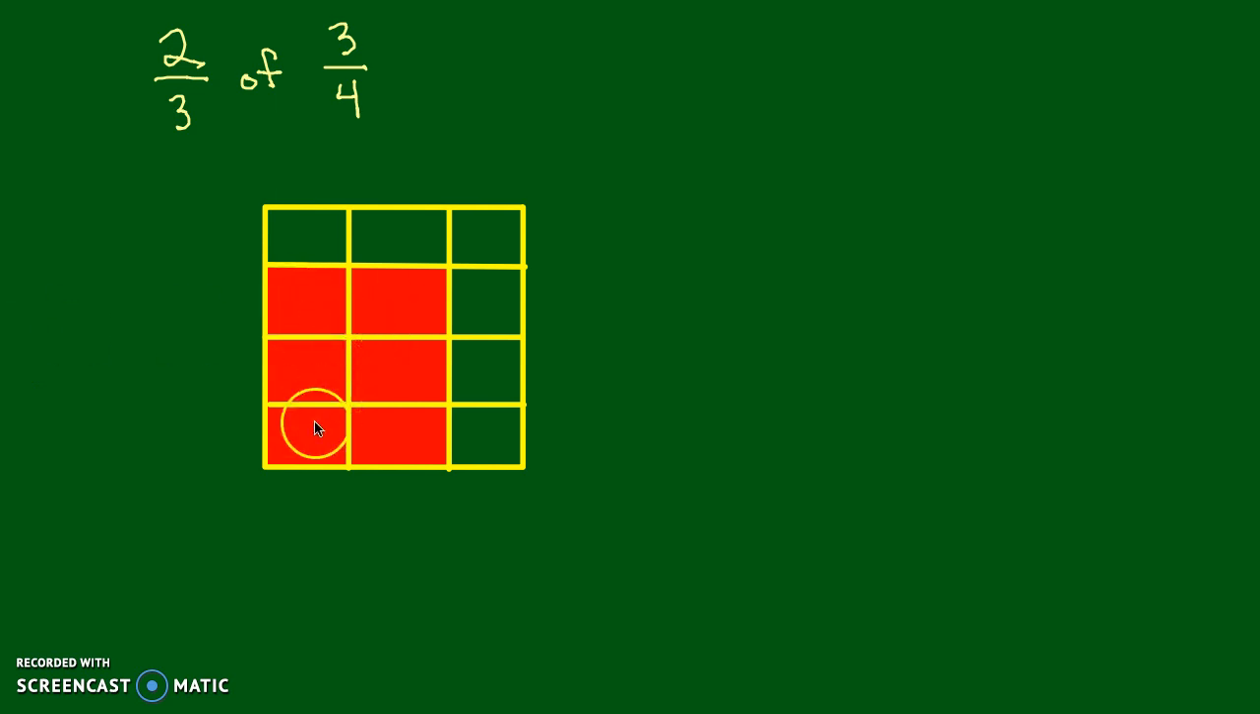Looking at this, we can see 1, 2, 3, 4, 5, 6 parts are shaded out of a total of 1, 2, 3, 4, 5, 6, 7, 8, 9, 10, 11, 12. So 6/12 of that square is shaded. And so we figured out what that was without doing any sort of multiplication. But today we're going to be using that area model to help us with our